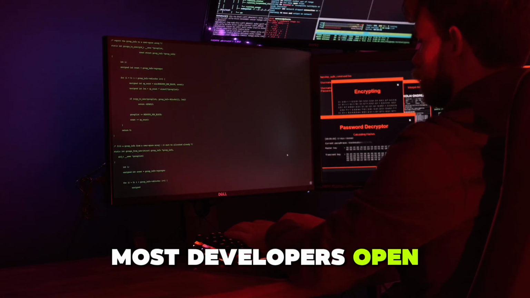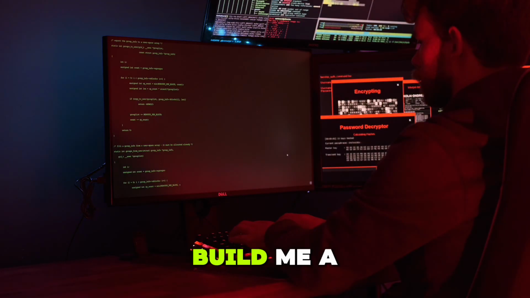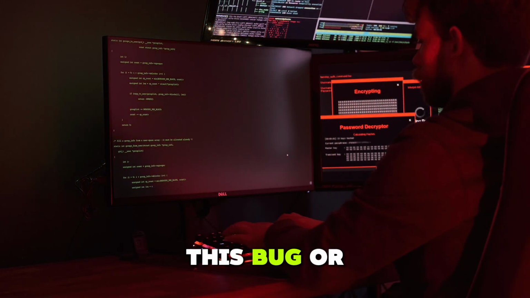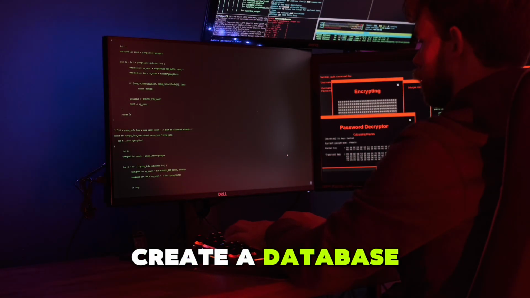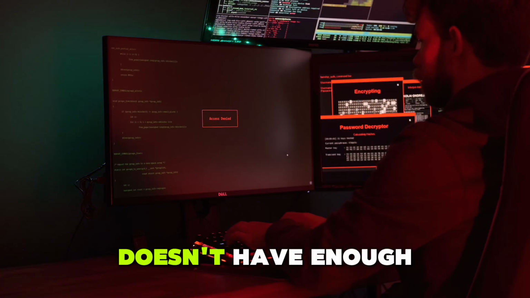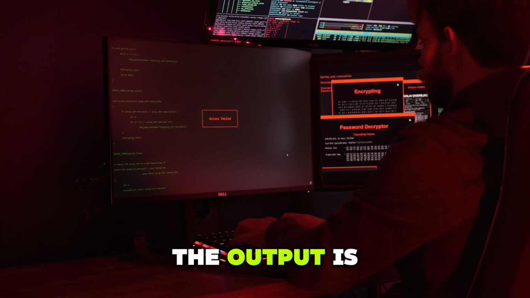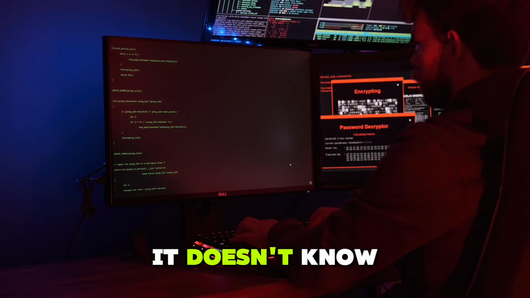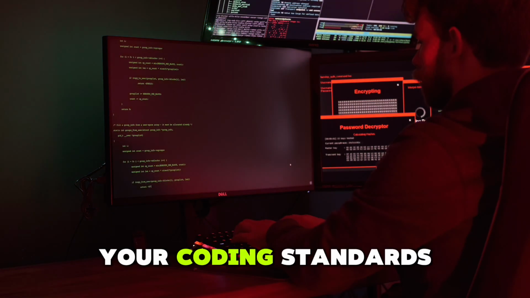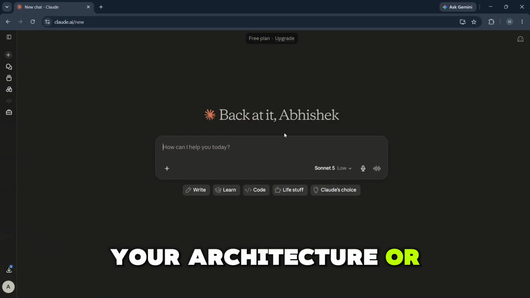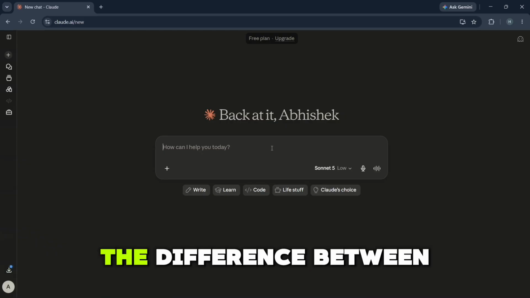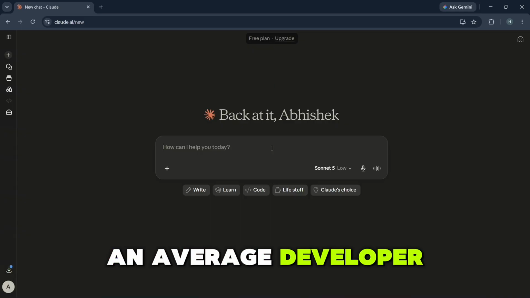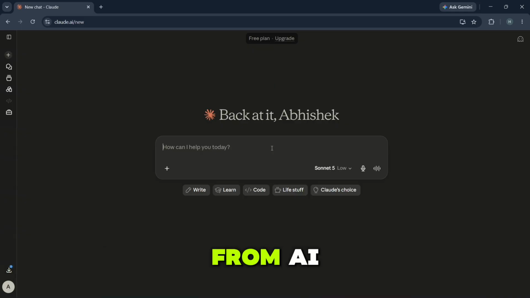Most developers open Claude and type something like, "Build me a login page, fix this bug, or create a database." Claude will generate something, but because it doesn't have enough context, the output is usually average. It doesn't know your project, your coding standards, your architecture, or your long-term goals. The difference between an average developer and someone who gets incredible results from AI often comes down to one thing: